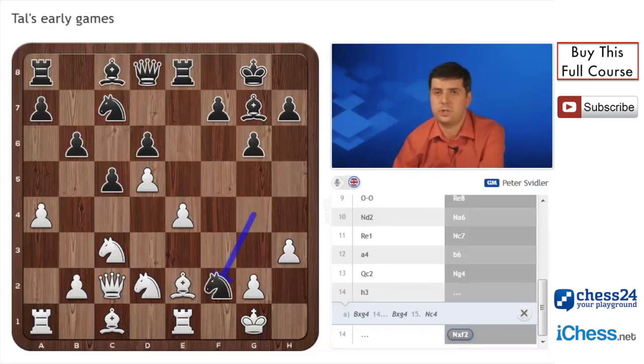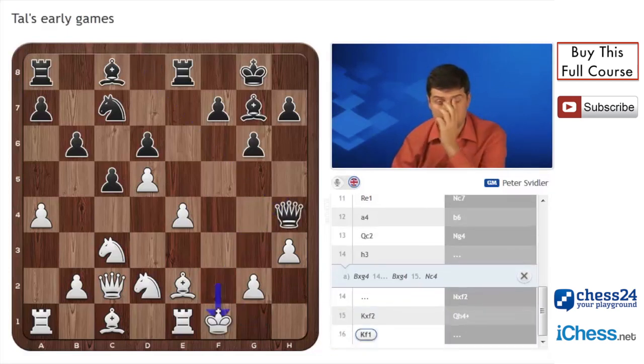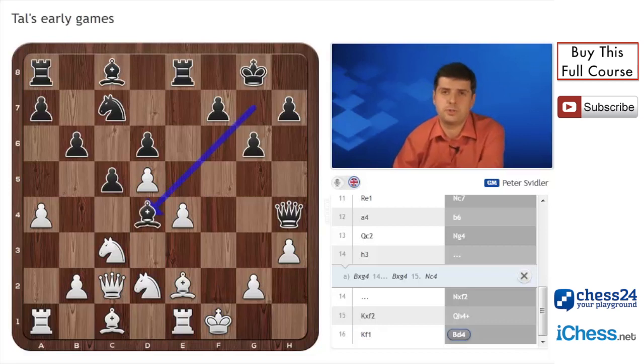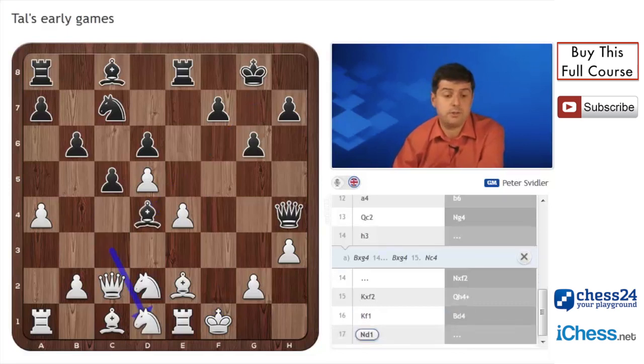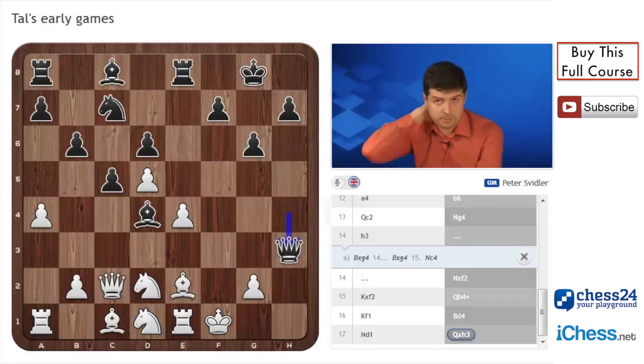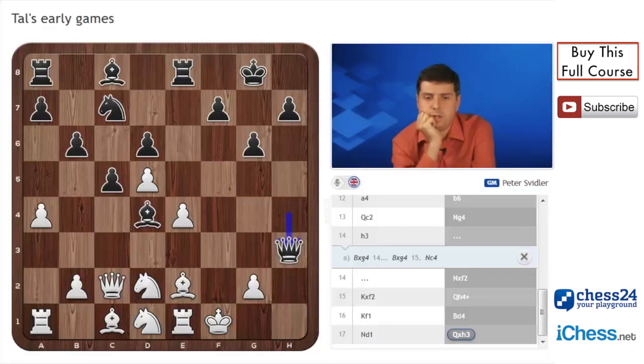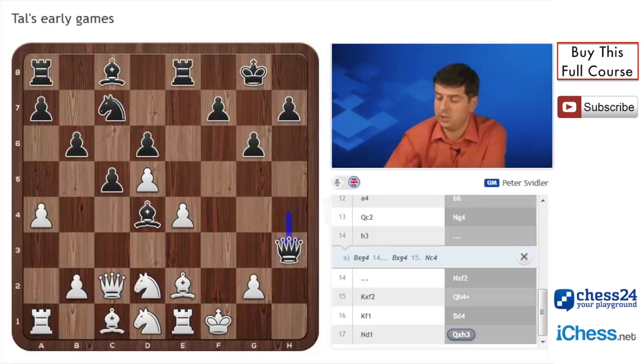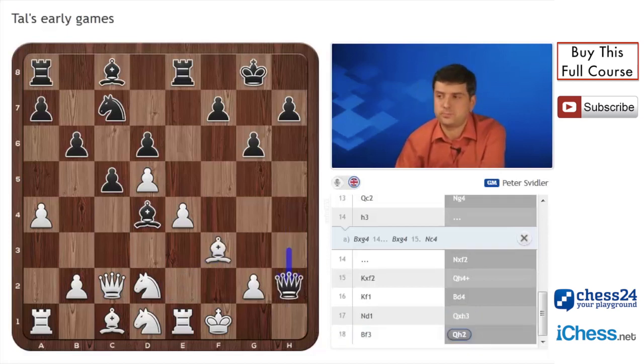Knight takes f2, of course, the knight never planned to return. King f2, queen h4 check, king f1 is the only move, bishop d4, bishop knight d1, and strictly speaking even bishop takes h3 is very, very strong here, but of course Tal plays queen takes h3. I think in his approach to chess, aesthetics played a very, very significant role, and making a move like this on the board is, well, a pleasant sensation. Bishop f3, queen h2, and black is